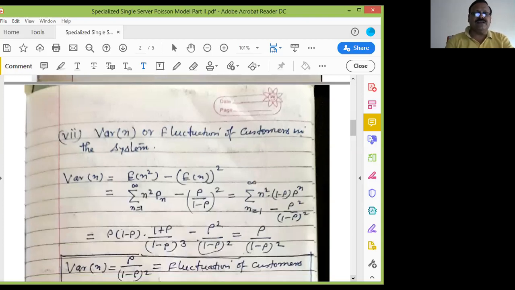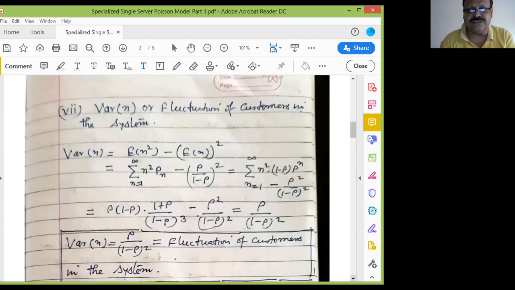Now next is the variance. Variance is the fluctuations in the customers. Fluctuation in the customers means the abnormal arrival or occurrence of the customers. Abnormal means sometimes very high, sometimes very low. This kind of propensity or property of the arrival is known as fluctuation. And if we have to study the fluctuation, then we have to study the variance. Why are we going to study the fluctuation? Because directly or indirectly fluctuation